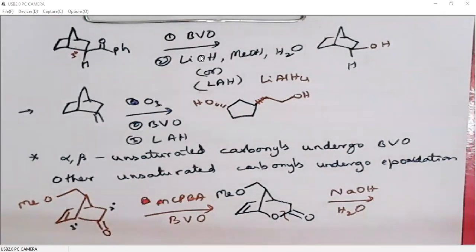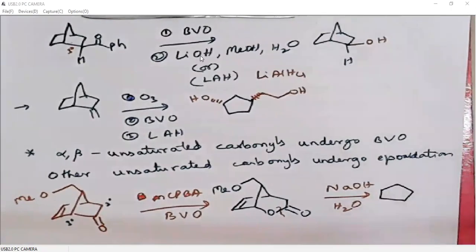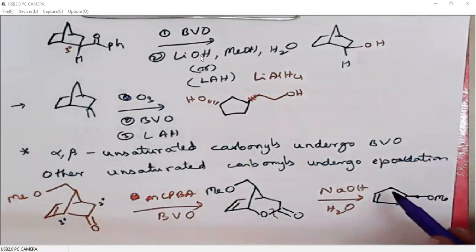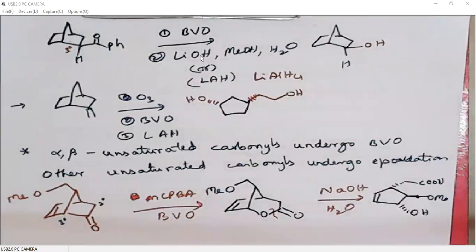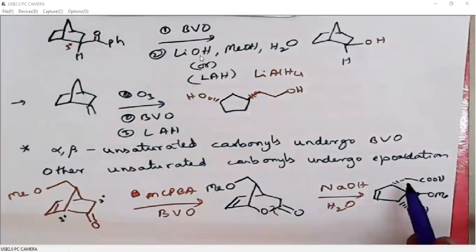So we can redraw it like a 5-membered system. So this is the double bond, and here we have OMe, and this side, yes, it is a carboxylic acid system, CH2 COOH, and this side it is an OH. Okay, right. These two are in the same plane and this is in the opposite plane. So these must be written cis and this must be written trans. If we write both of them below the plane, this must be above the plane.